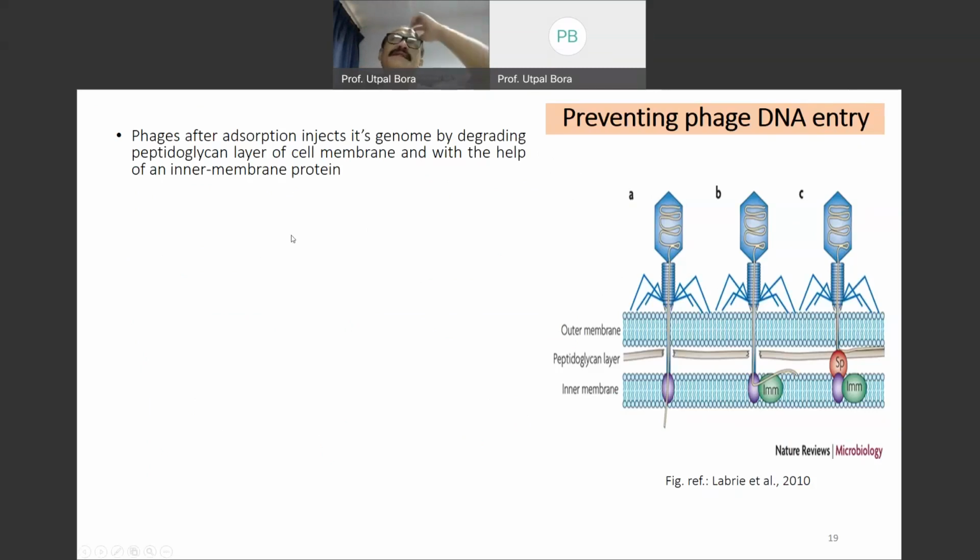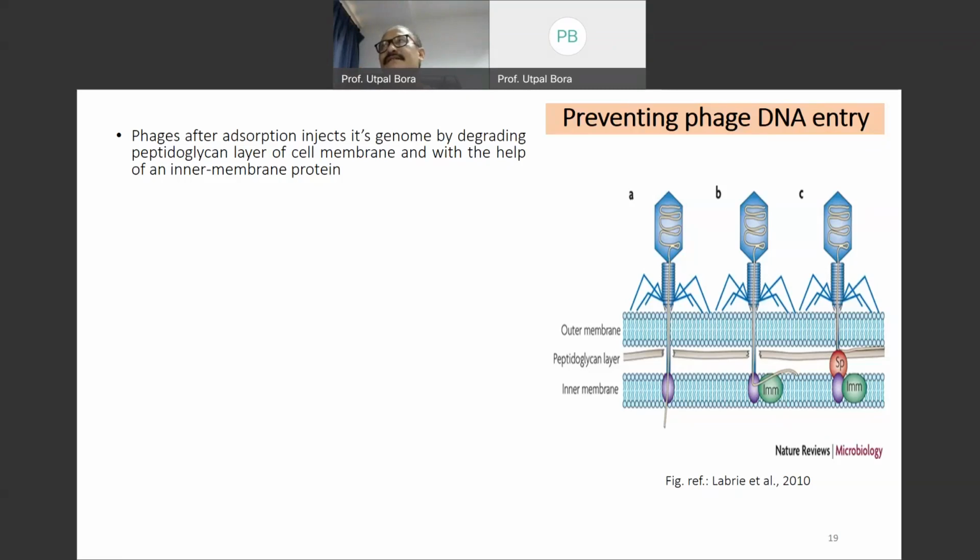Phases after adsorption: here the phage will somehow adsorb. I mean, the adsorption process, the defense mechanism fails. The phage is not stopped from adsorbing. Okay, no problem. The first line of defense is gone for some reason. So now the enemy has entered the border, and of course, in the case of a virus, all of you know